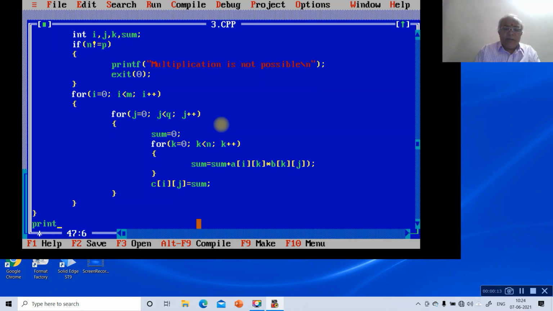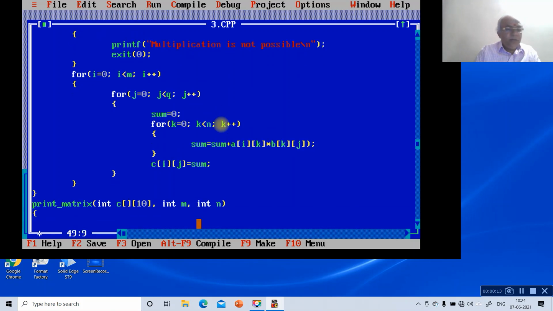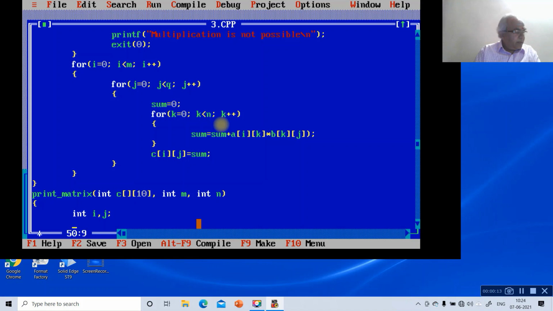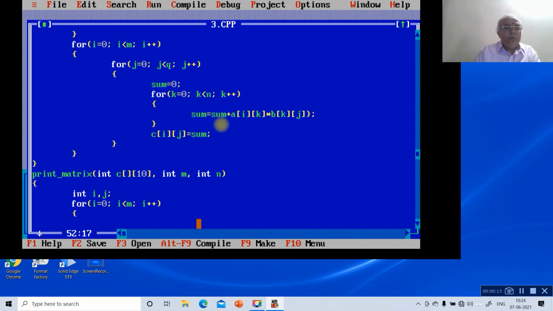Then we go for print_matrix. We want to print the stored value of the product in C, with int c[10][10], int m, int n. Then open the loop, int i, j. Then for i = 0; i < m; i++, open the loop for j = 0; j < n; j++.